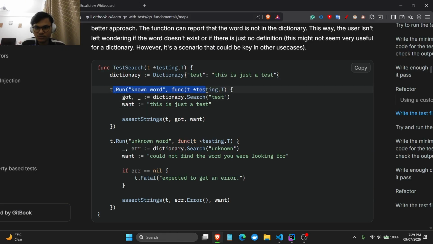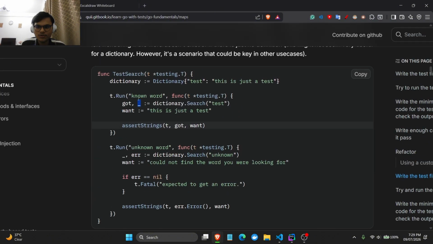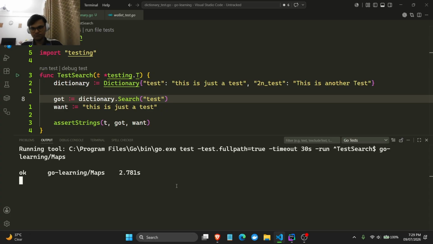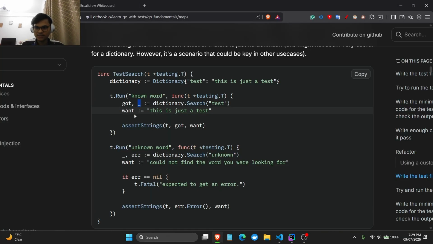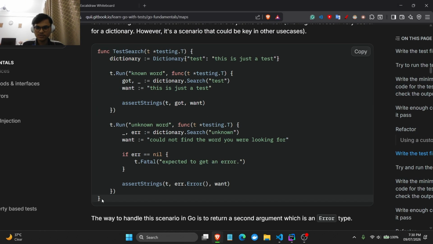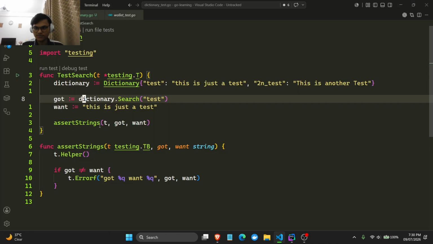Known word func, and this is pretty much an anonymous function call. So we say got and want, and I think this is about whether it's there or not. I don't know. Let me check. So we will essentially just copy this and